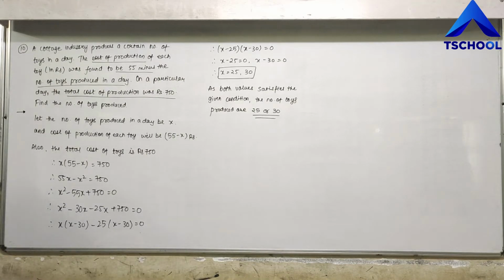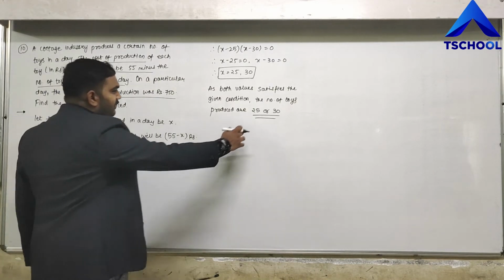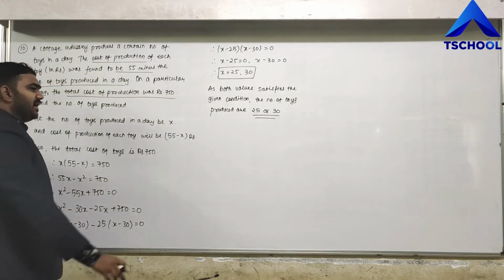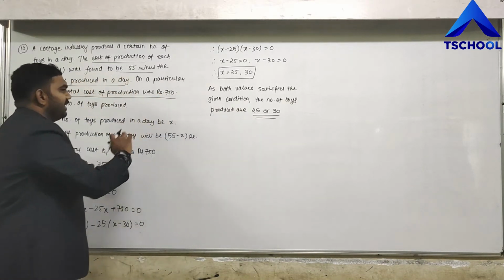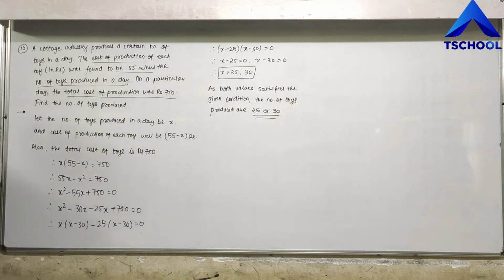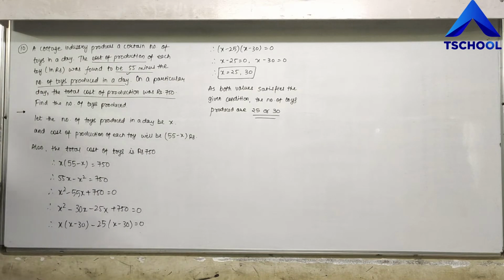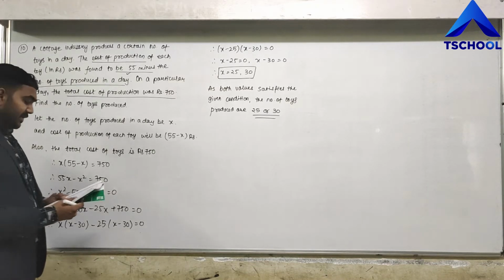That means if you produce 25 toys, then also you will get the total cost of production as 750, and if you produce 30 toys, then also you will get the total cost of production as 750, because this is important, this 55 minus the number of toys produced in a day, right? In this way you can solve any of the data type questions given to you. Let us see one or two more of this kind, and then we shall move further with the rest of the examples. One more sum I have here is